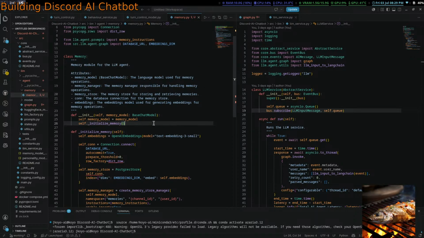It's more or less just because I need a way for the LLM to be used in both the memory and also the actual communication side of things, because that latency is bothering me a lot. Okay, I think that's okay.